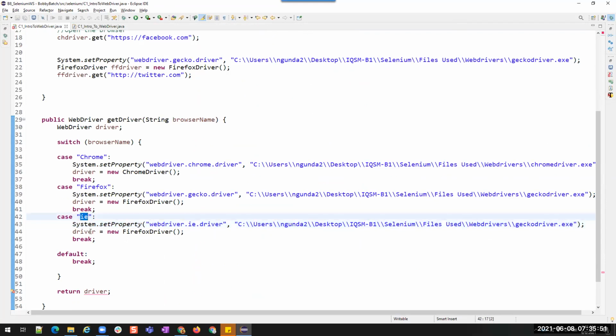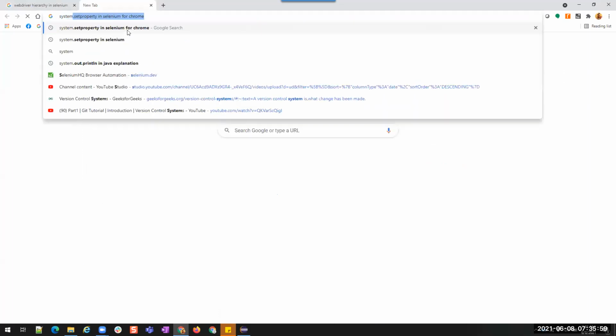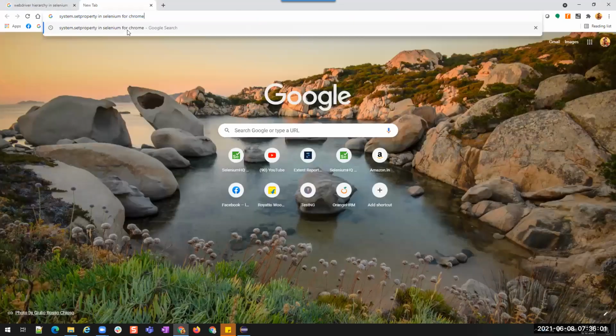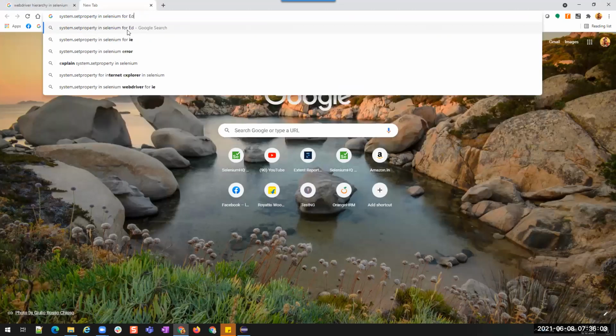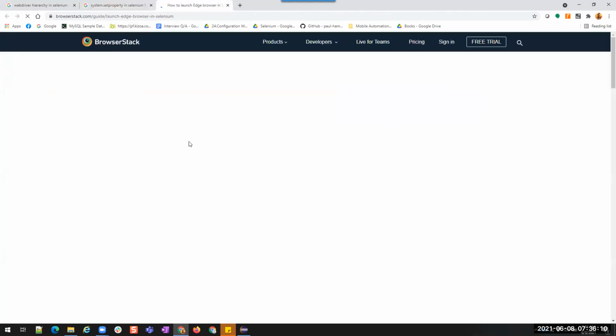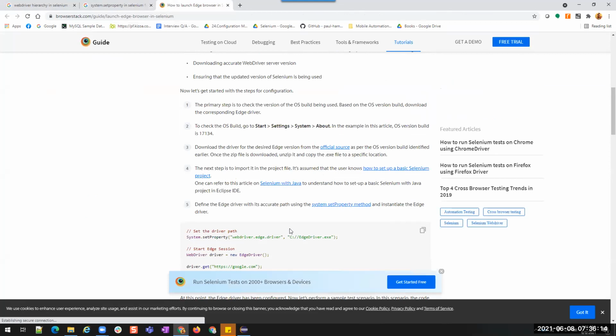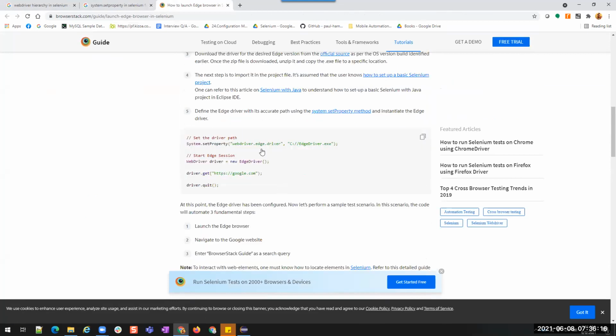We have downloaded Edge driver. Let's use this as Edge only. And then let's see the system.setProperty for Edge. WebDriver.edge.driver.